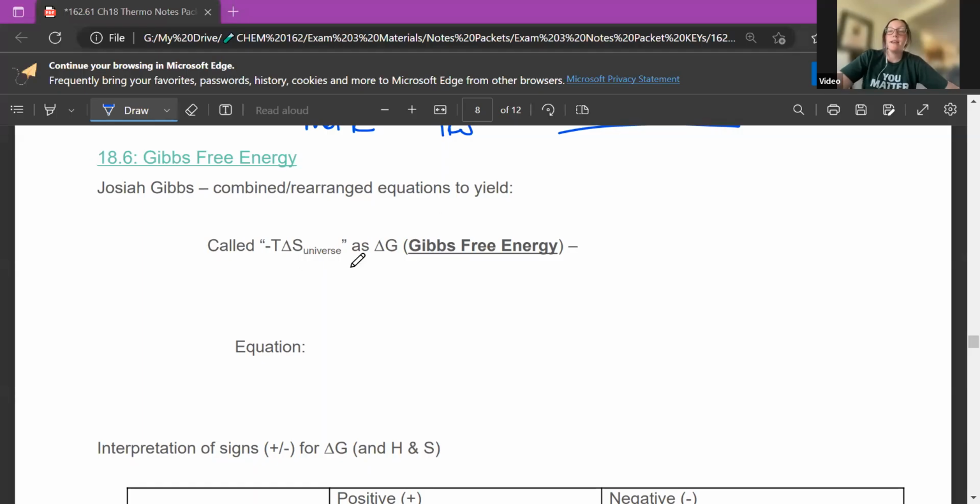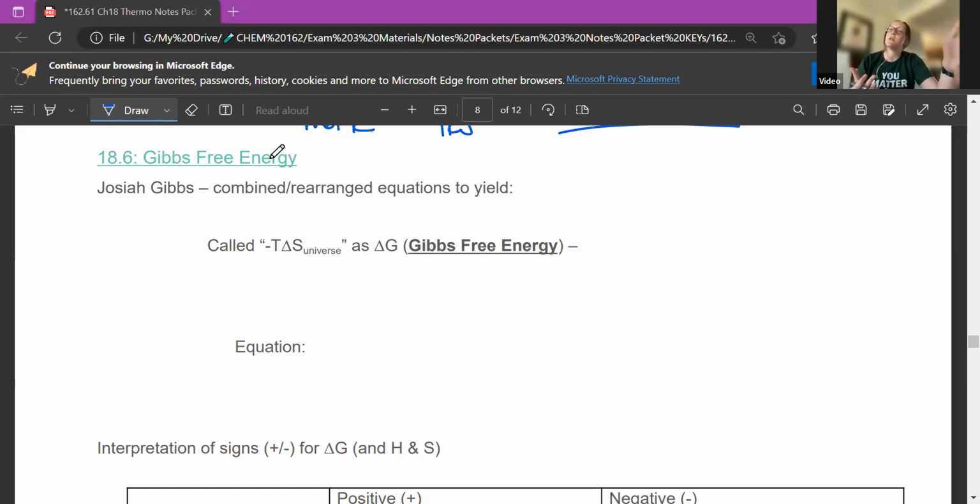Okay, so Josiah Gibbs, notice I didn't underline his name. You don't need to know his name, but you do need to know what Gibbs free energy is. And it is not Gibbs with an apostrophe. His last name is Gibbs, so don't put an apostrophe in it, okay? Essentially, what he did was he combined enthalpy, entropy, the temperature, everything that spontaneity or thermodynamic favorability is based on